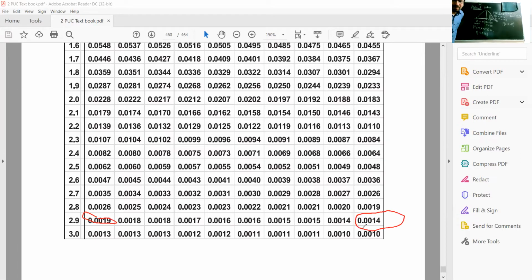So the area from 2.99 to infinity is 0.00. And then for various cases of 3, 3.1, 3.2, and if you look into the last value, this is the answer for the probability above 3.09. So just after reaching the value 3.09, you are observing no tail at all. So what I mean is,